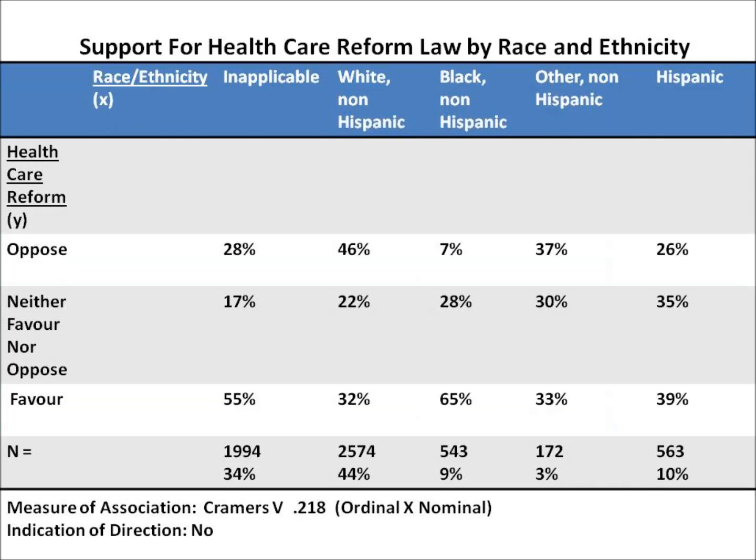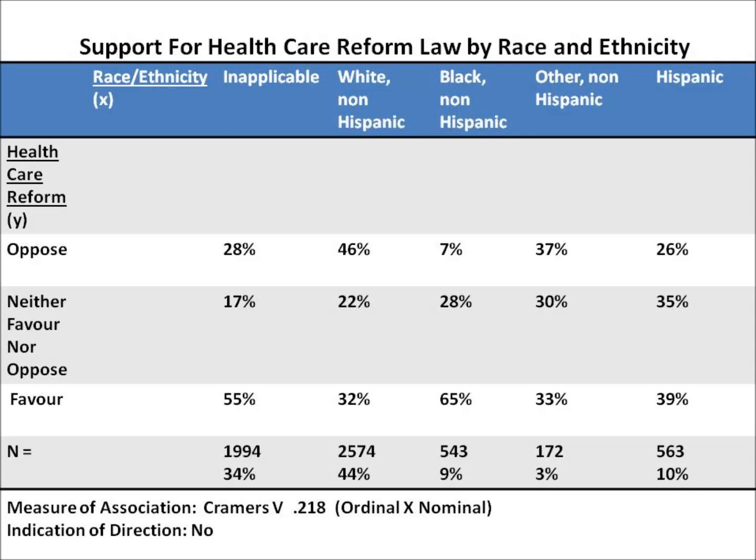Our second cross-tabulation examines how race and ethnicity affects opinions regarding healthcare reform. We declare the race value label inapplicable as missing. The results show that there is disparity in support for the law, most notably in comparison of support between whites and non-whites, specifically in regards to African Americans. It is interesting to note that the inapplicable race category shows a large percentage to favor the healthcare reform law, and was not recoded due to the large number of respondents within the category.